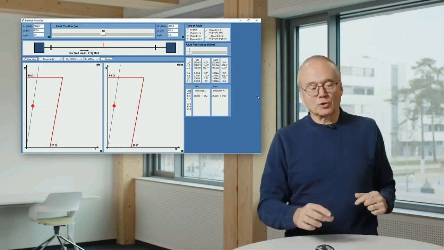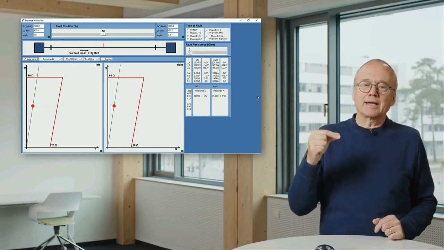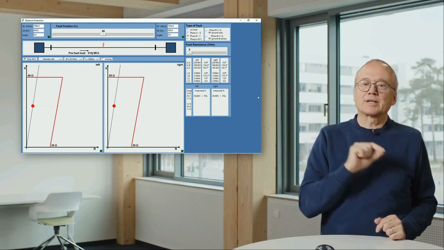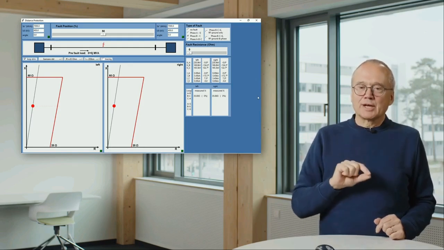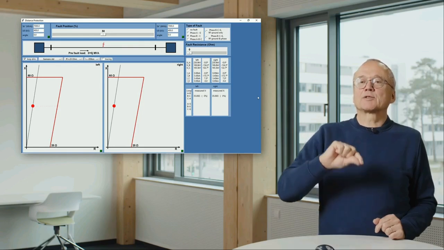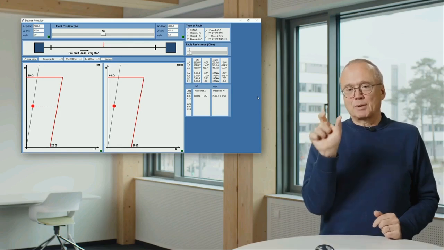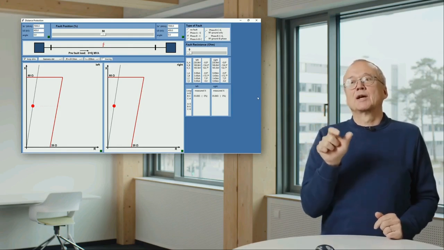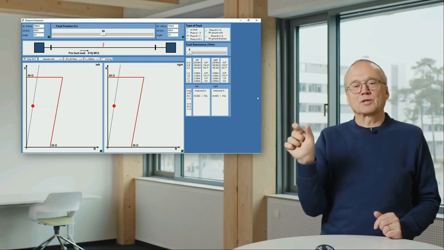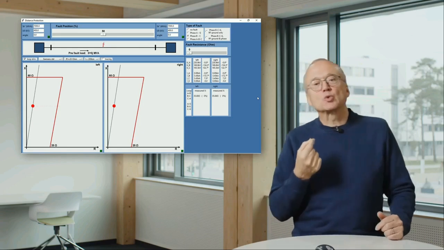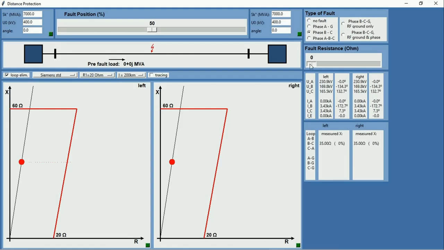We have the same short circuit current from both sides. That means this ratio IB over IA I showed on my slides is 1. And that means the impedance we measure is the impedance of the piece of line, 50% of the line, plus fault resistance, plus IB over IA multiplied by fault resistance, which is 1. That means we measure 2 times the fault resistance. And we can see that here as a result.